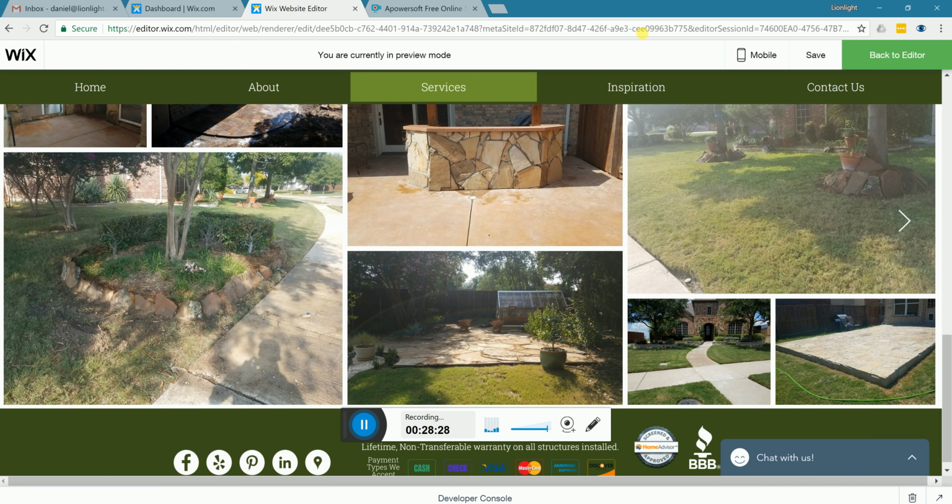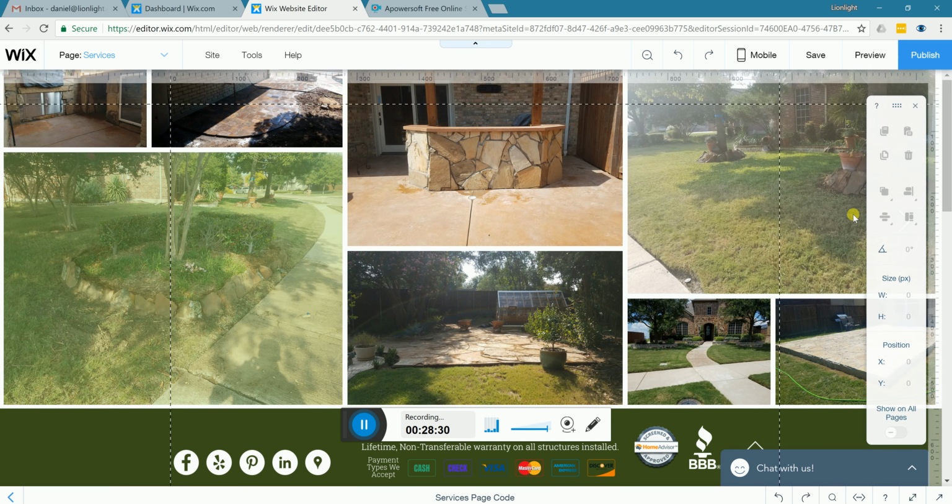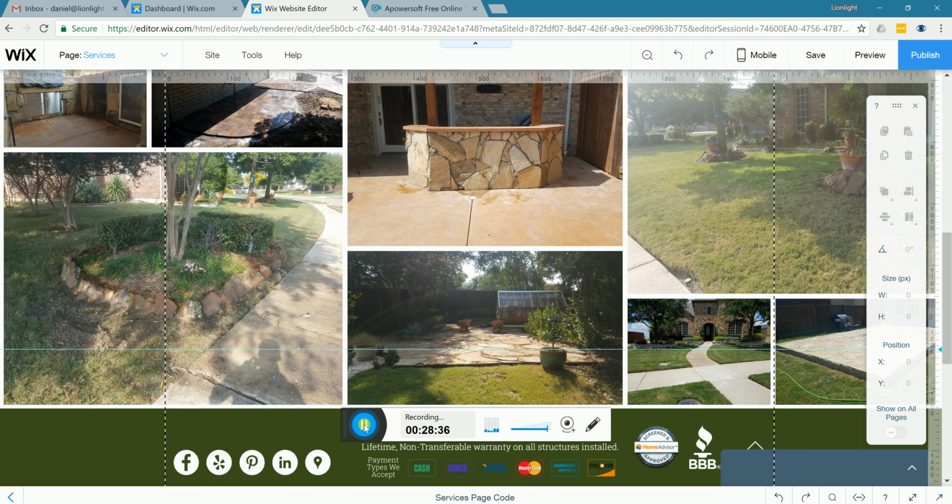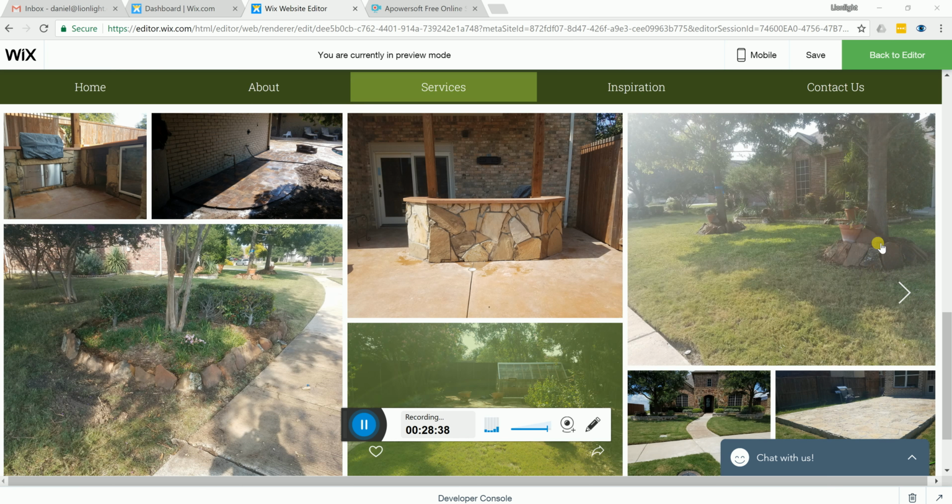Okay, so it's added the extra pictures, and as you can see here, it's added the pictures here, and as you can see,